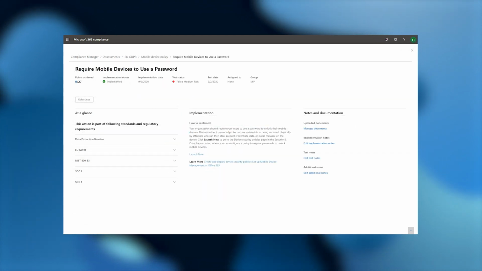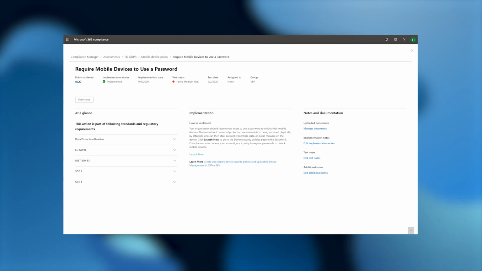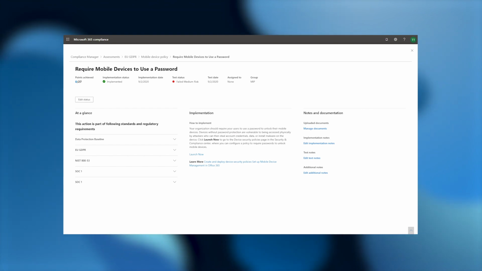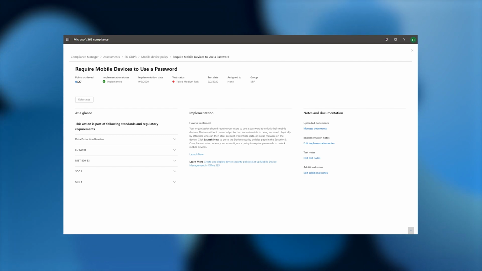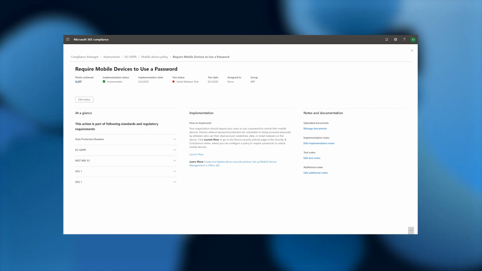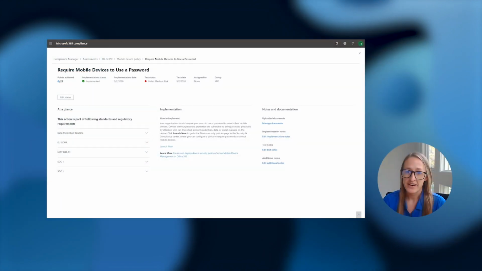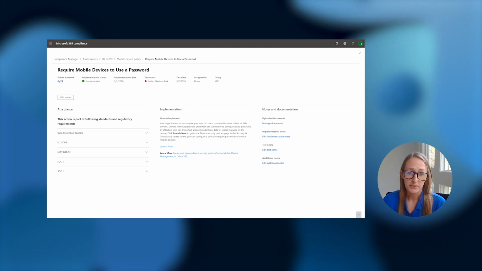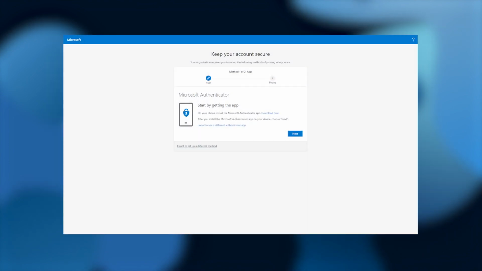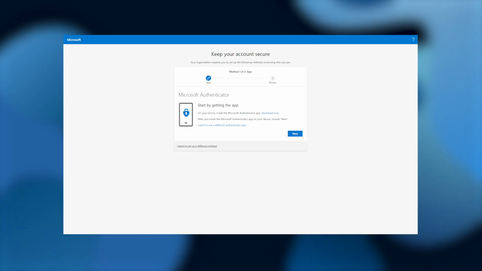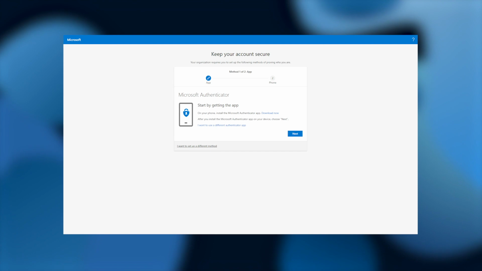On the left-hand side, you can click to see all of the various controls that this action is applicable to across all of your assessments. Again, removing the need for duplicative effort. I can learn more about setting up this policy by visiting the supporting documents here. And from there, I can easily go to the configuration page from the Launch Now deep link and take action right away, which will then drive me directly to the Launch Now page where I can do my work.